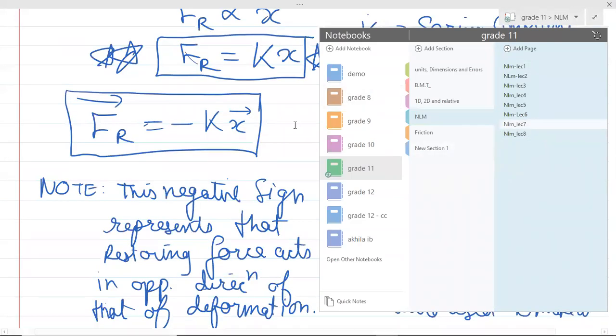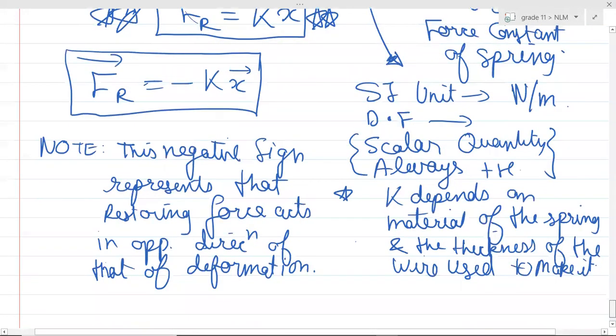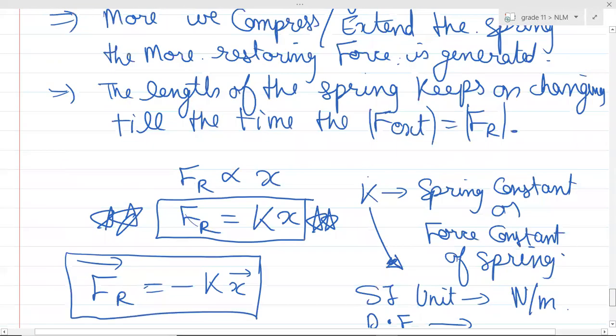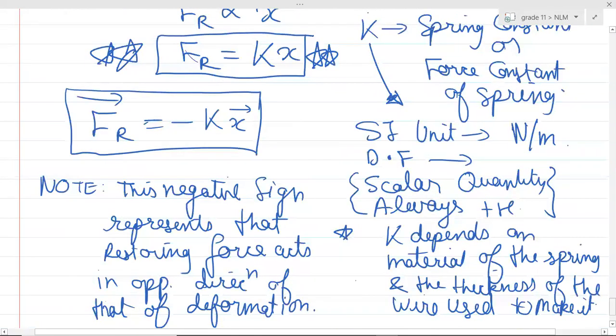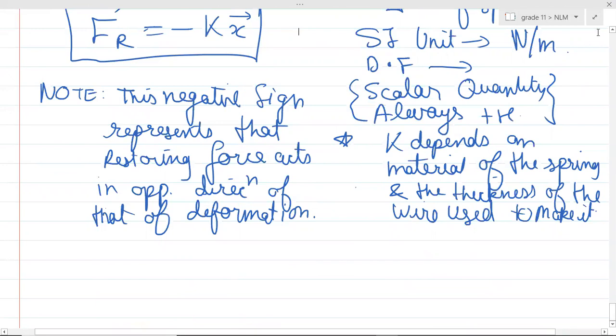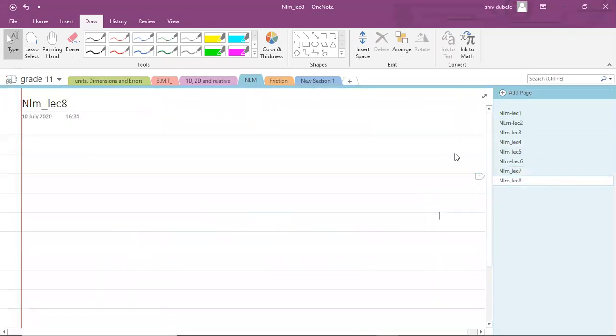So guys, where were we in the last class? In the last class, I think we discussed the spring force, right? I told you this spring force is always in the opposite direction of the extension, right? Please remember, spring force is a variable force. So I'll write it over here.